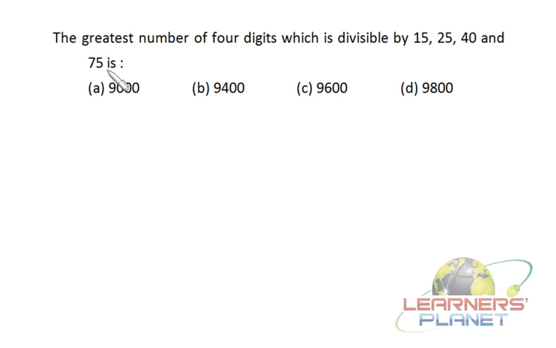Friends, we have 25 and 3 with us, so let's check whether all the options are divisible by 3 or not. The first option is divisible by 3, so it can be one of the choices. Now 9400 is not a multiple of 3, so it cannot be the right choice. 9600 is divisible by 3 since 9 plus 6 is 15 and it clears the divisibility test of 3, so it can be a choice. And it is divisible by 25, it is divisible by 5 as well, so it is divisible by 15, and it is divisible by 40 even, since for 9600 by 40,